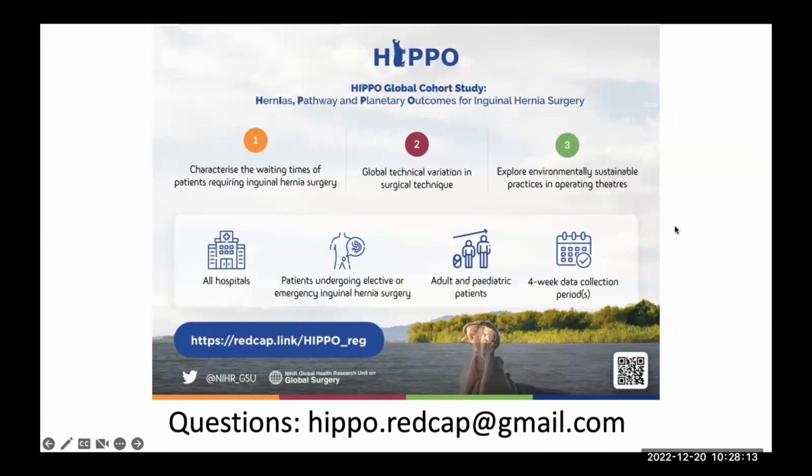We will only collect if it's a consultant or a junior doctor, or if it's a non-doctor performing the surgery, in case that is in place, and what is the experience of the person doing the operation. But we are not collecting any data in terms of name of surgeon or name of patient. We will not collect anything of that. Okay, thank you.